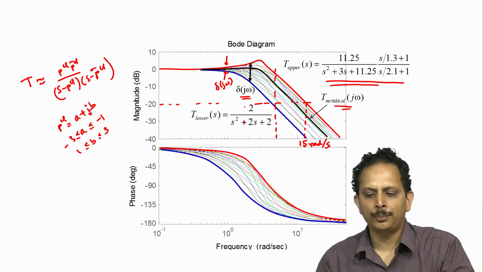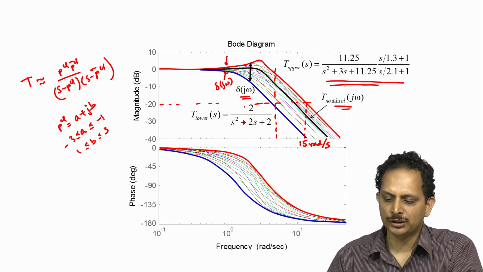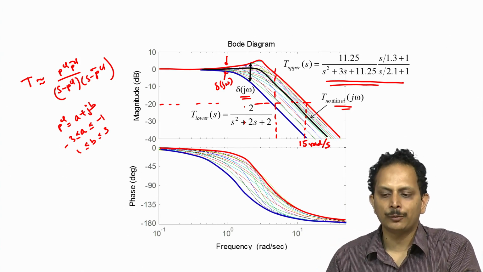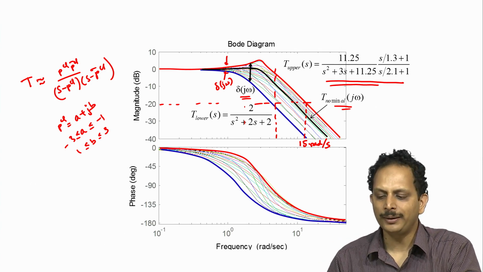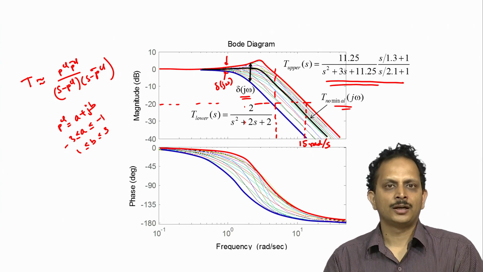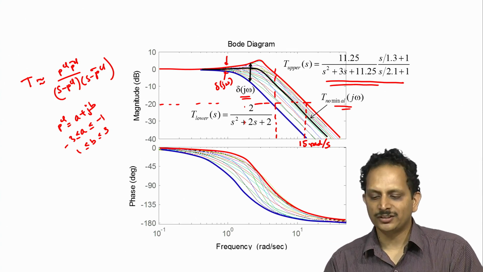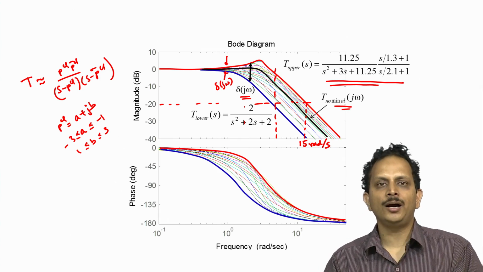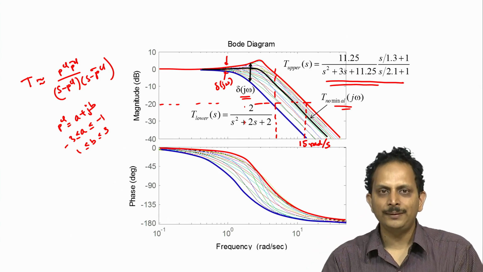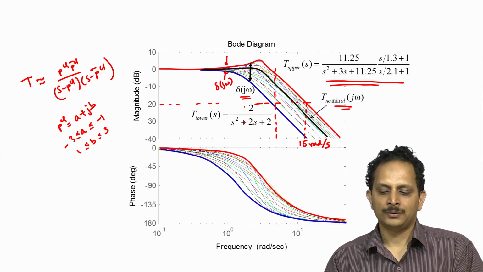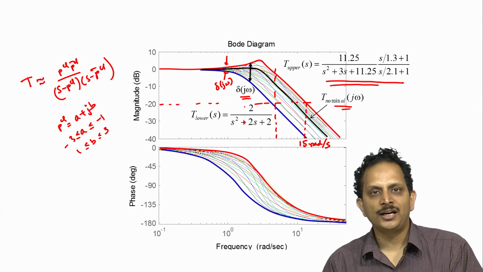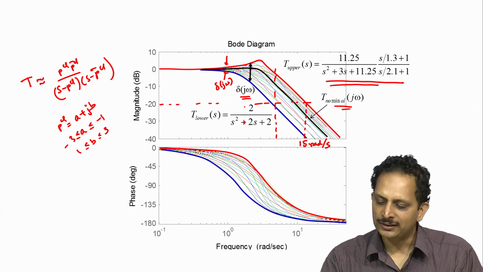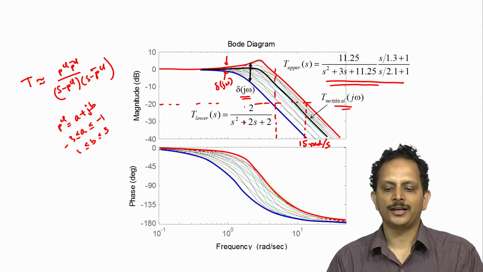So, although we could have stopped with restricting the spread in the transmission function only up to the frequency at which T upper falls to minus 3 dB, in the interest of coming up with a somewhat conservative design, we shall choose to restrict the variation delta of j omega up to the frequency at which the transmission function T upper assumes a value that is greater than minus 20 dB, and in this case it happens to be around 15 radians per second.